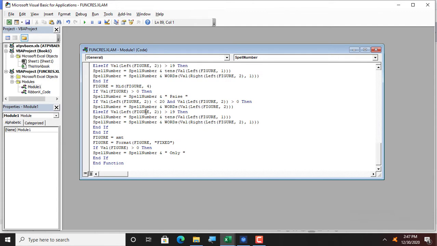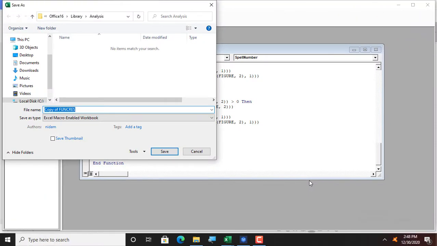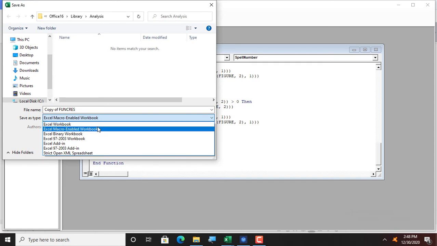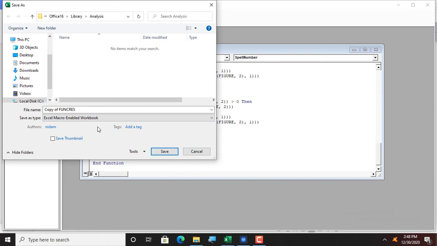Now to save it, here we have the button to save what you have just entered. Press this button. As it opens, you have to save this file on your desktop or any place you want. While saving it, make sure you save it as Excel Macro-Enabled Workbook. The save type should be selected like this, and you can give it any name you want.